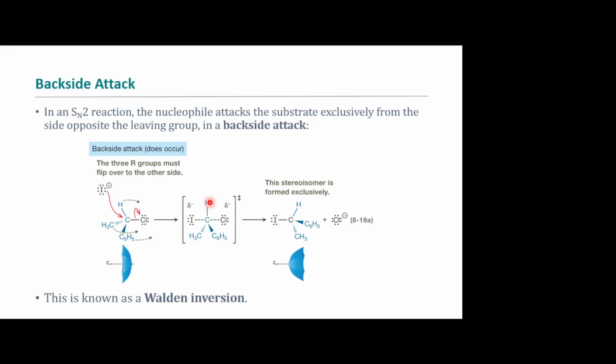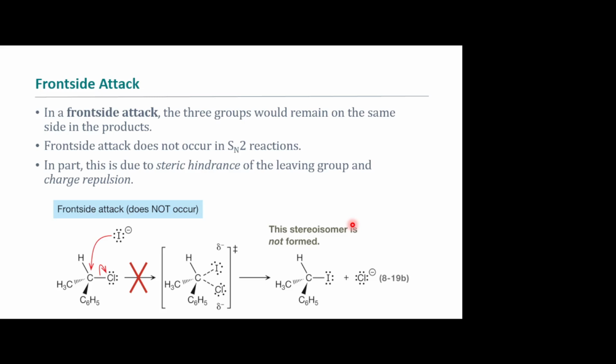This is actually the intermediate, the high energy state that we were having to overcome. And then the chloride leaves, and it leaves you with the iodine. And that's going to cause all the rest of the groups to invert the other way, doesn't it? Just like an umbrella, where you just invert all the other groups on it, except for the main leg. Does anybody have any questions about that? No? Okay. All right, now,